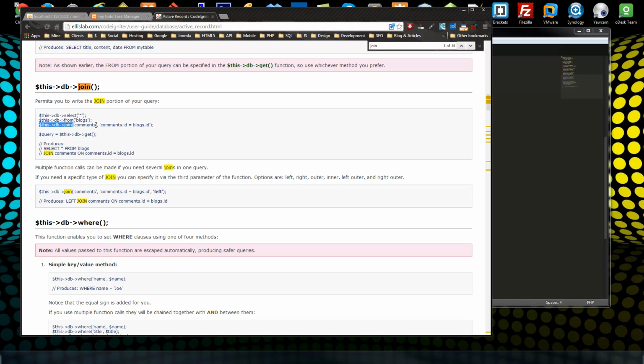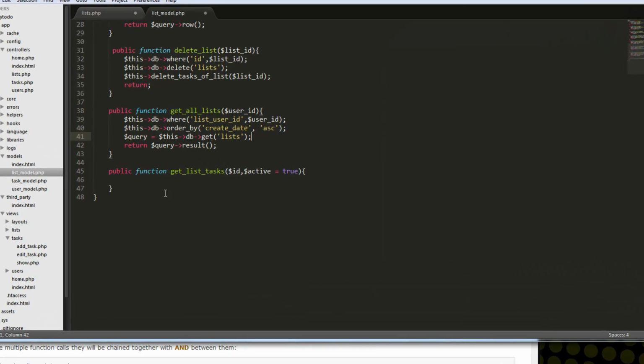Okay, so what we want to do to bring these two together is do a this db join and bring in the comments table, and we want to match them, so the blog ID field in the comments should match the blog's ID. Alright, and then we can just do what we usually do and grab that. So you can see this active record code is the same as this standard SQL. Alright, so we're going to do that. And up until now we've been just using the this db get. We haven't actually said select because we haven't needed to. Alright, so what we're going to do here is say this